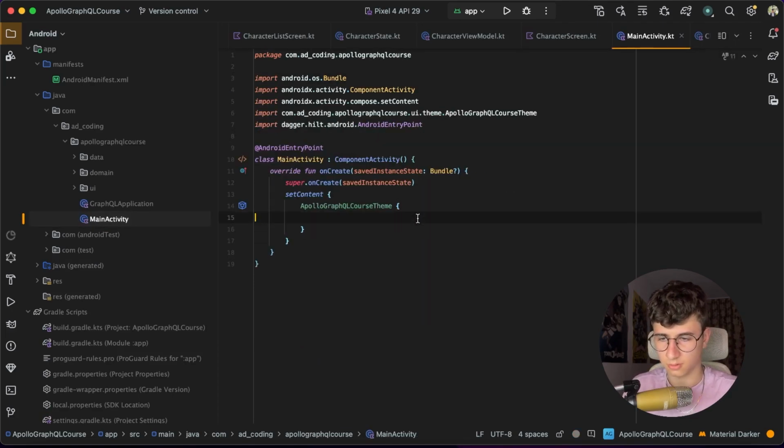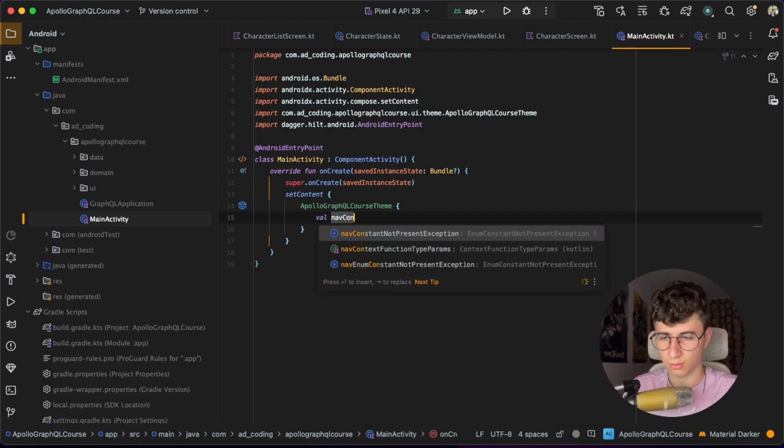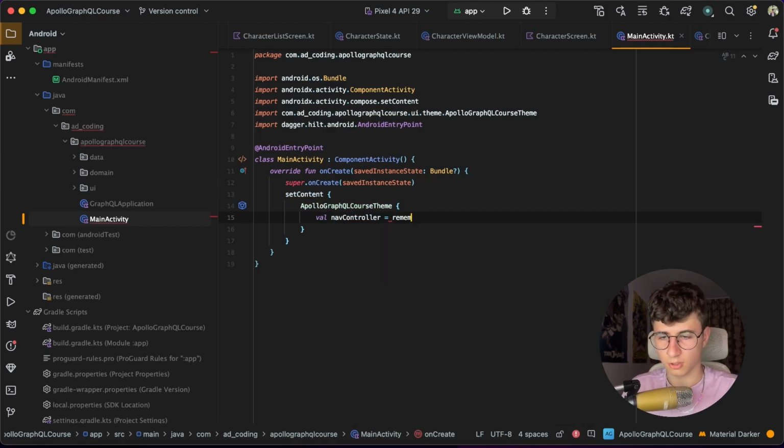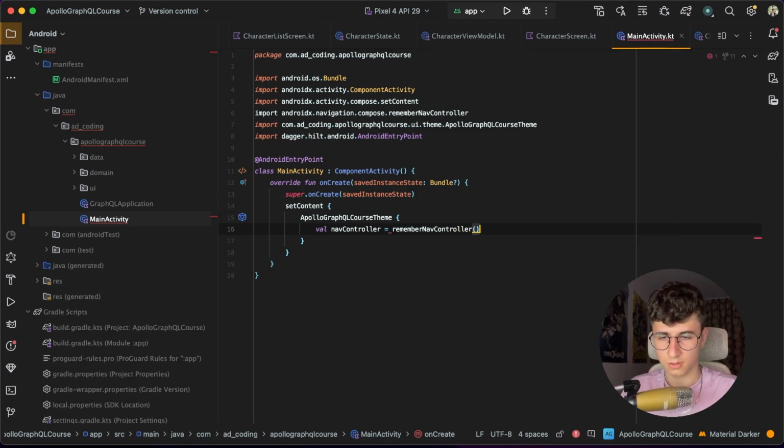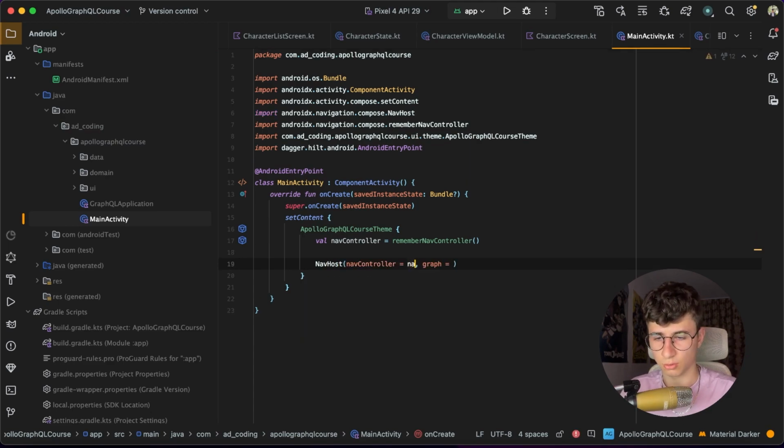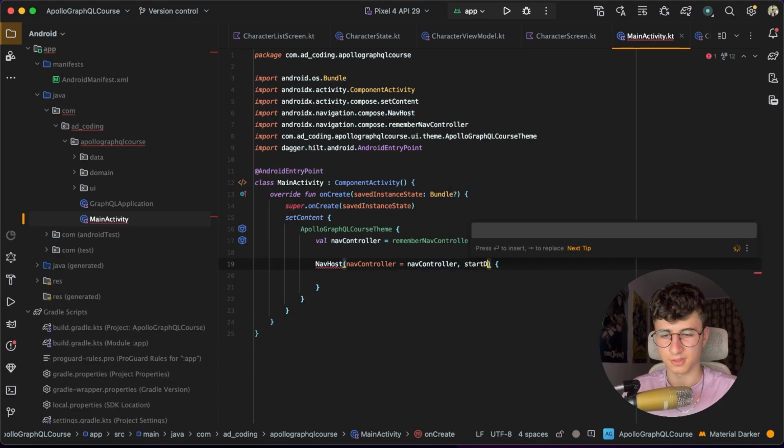and create the nav controller. navController is equal to rememberNavController, and now we need to create the NavHost. This will link the nav controller to the navigation graph. Oops. Let's also add the start destination